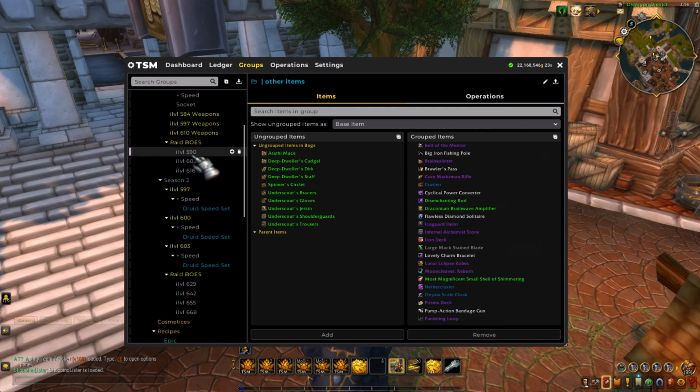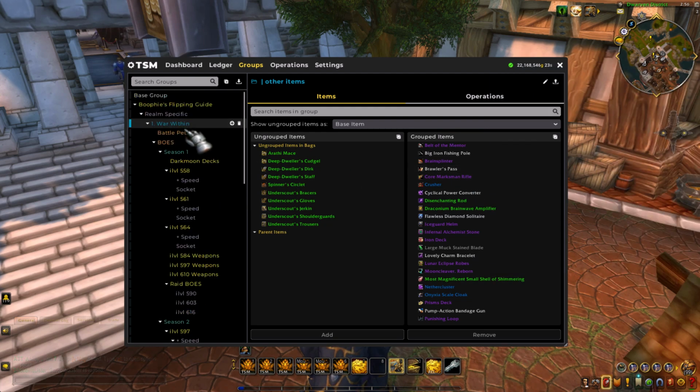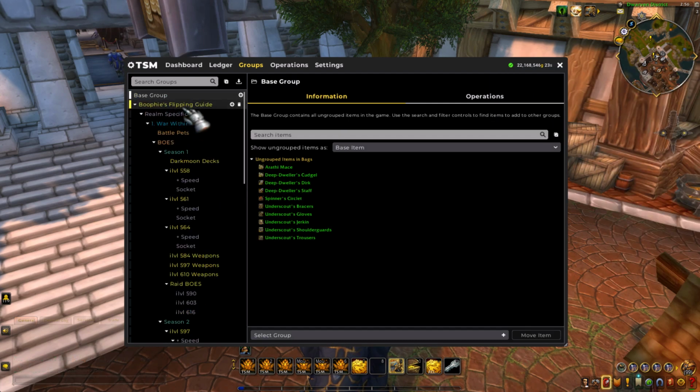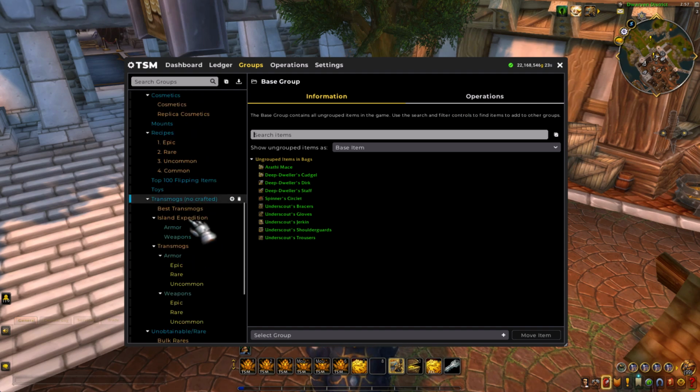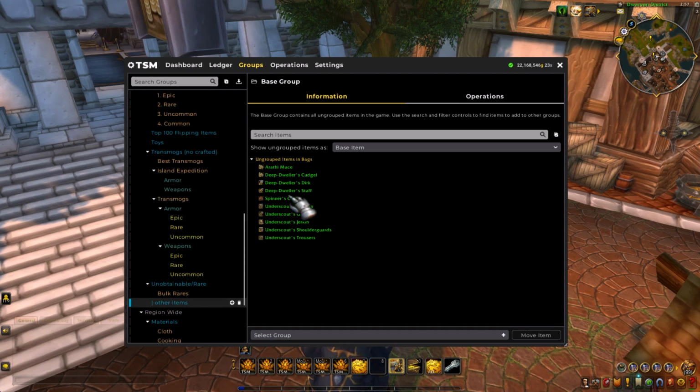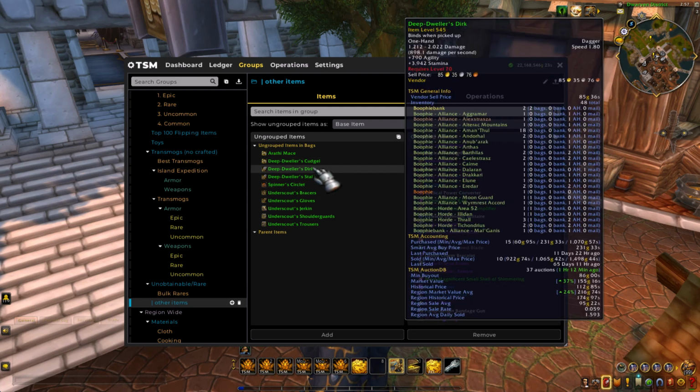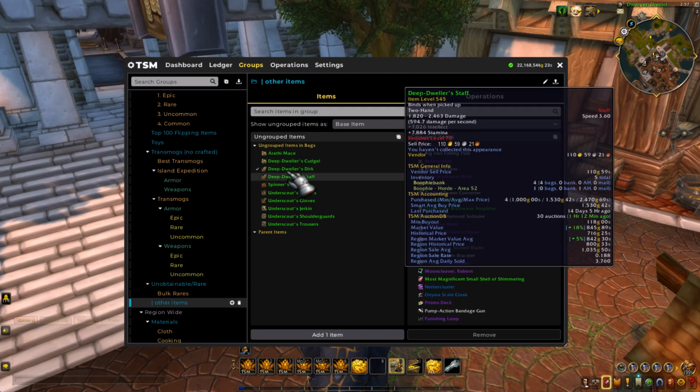So if you want to know how to actually add items to this new group, say for example you're buying with Flipping Power or another tool like Point Blank Sniper, you obviously can do it the normal way where you just click on the group and then anything that is not in the group, you can see right here, you'd click it and then you would click add.